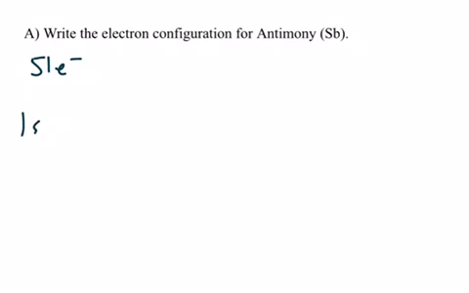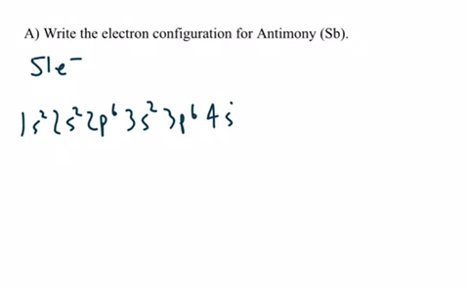It's 1s2, 2s2, 2p6, 3s2, 3p6. Then you go to 4s2, followed by 3d10. Then afterwards you go to 4p6. Then you go 5s2, followed by